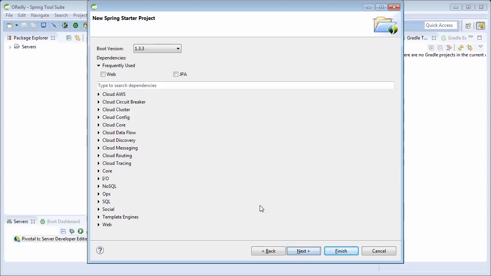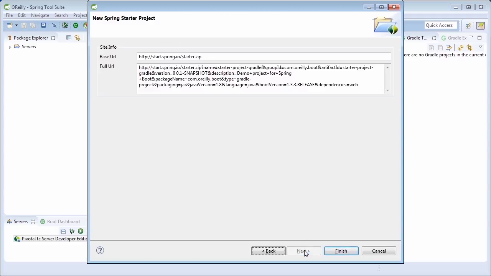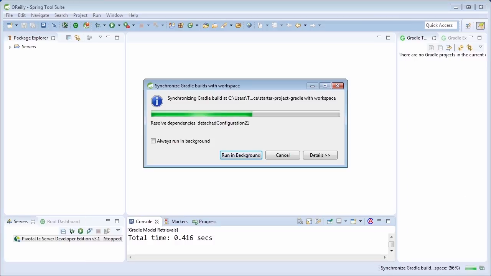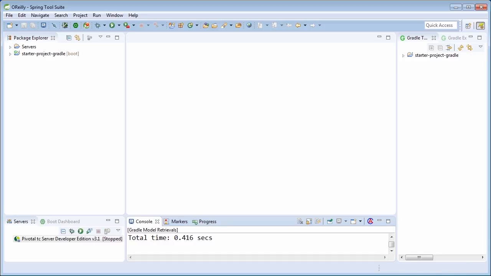And now we're going to select the web dependency for our project. It's going to be a Spring MVC project, so we'll select that option and hit Next. Now here you'll see the URL that's going to be visited in order to download our project and import it into STS. So go ahead and hit Finish, and you'll see that STS will begin to synchronize our workspace and